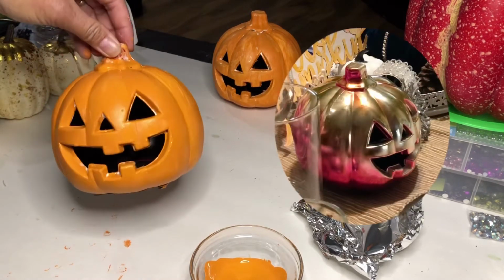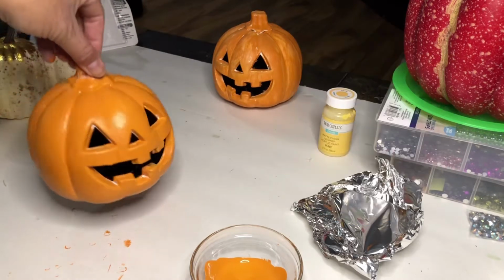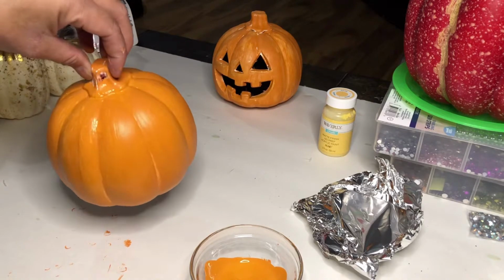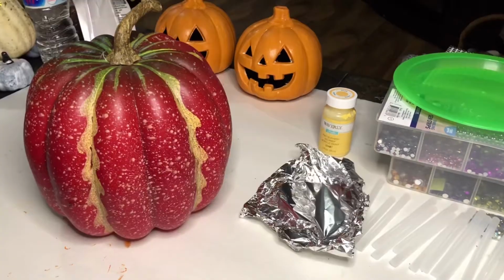I have to say, I forgot to do a before picture before I painted it the first time. So now I'm just gonna let this completely dry and then finish painting the other one. Alright everyone,